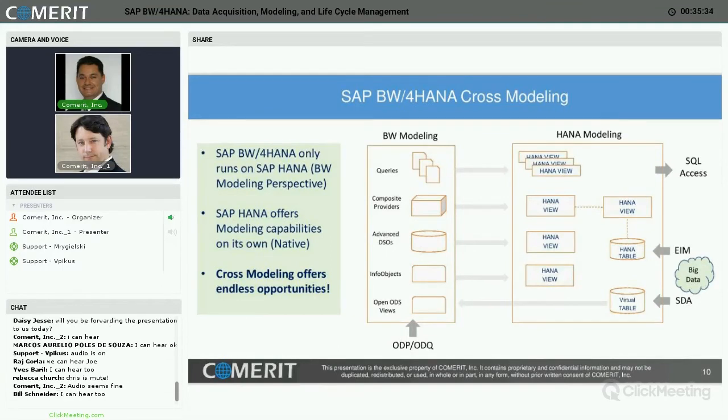So I think this is the most interesting concept because there's a lot of debate about this. BW4HANA runs on the HANA platform. I can use the BW modeling perspective to create object types, advanced DSOs, but I could also go to the HANA modeling perspective, right? And start creating tables and create HANA views. So what we call the native modeling. So now you have two modeling